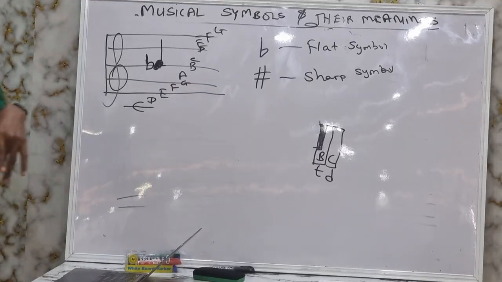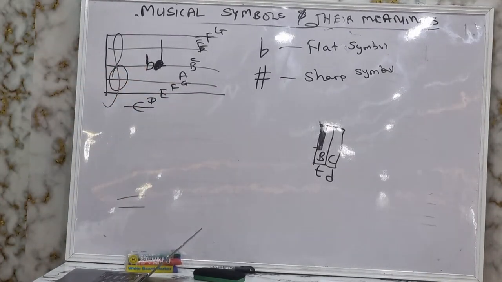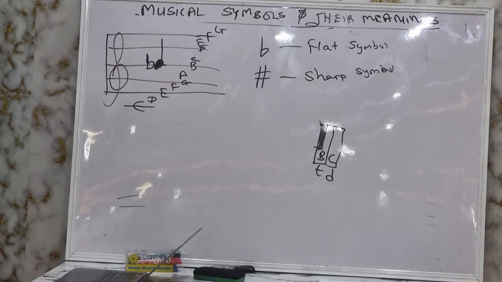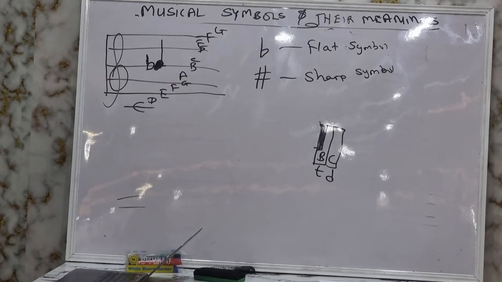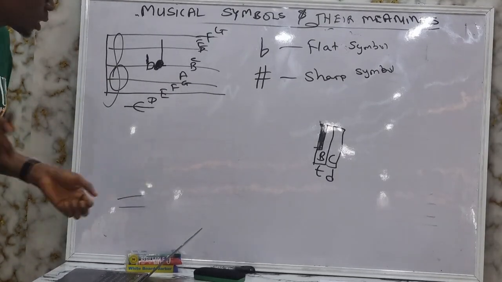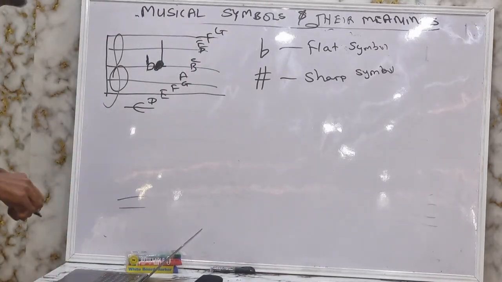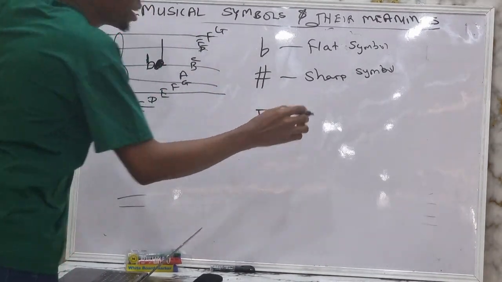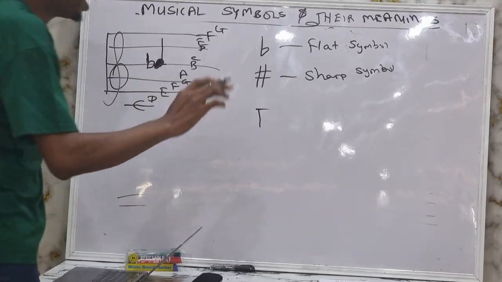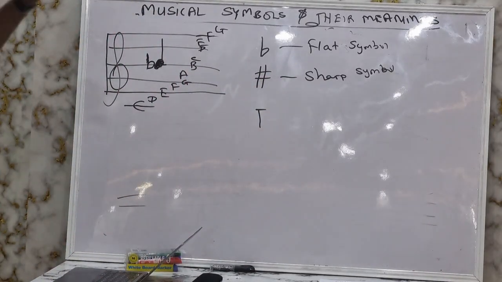So, what it simply means is that when you see this flat, you go back by a semitone. You understand? I said I'd use a keyboard to show how to say that. But before the keyboard comes, let me show you something. There's what we call tone and semitone. Don't get confused. I will explain. Between C